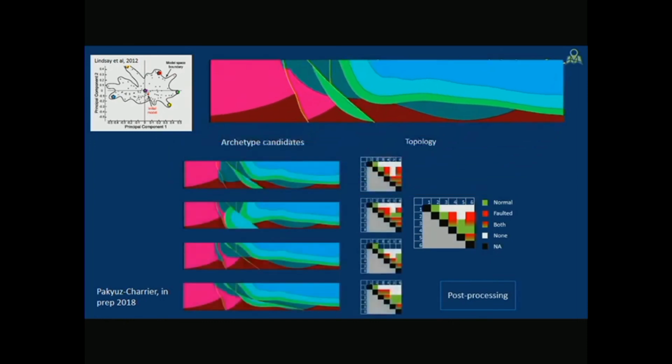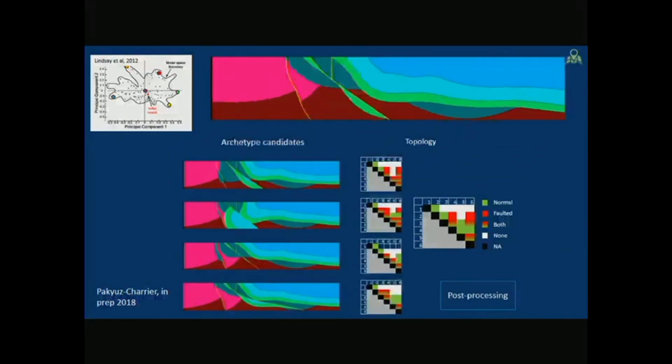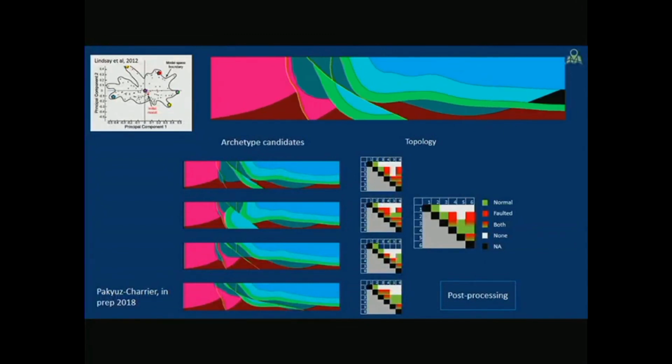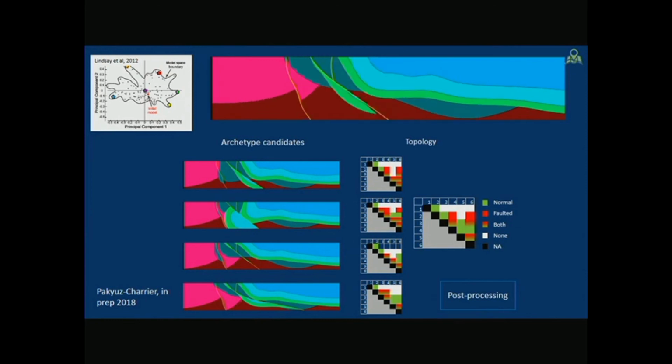So what he uses is the topology, and we use these adjacency matrices that I'm not going to describe here, to come up with a series of classes that say, well, yeah, I made 1,000 models, and yes, there is variation, but fundamentally there are 4 different types of models in terms of their topology. And so what we now have is, instead of a continuously varying set of models, we have 4 classes of models with different properties.